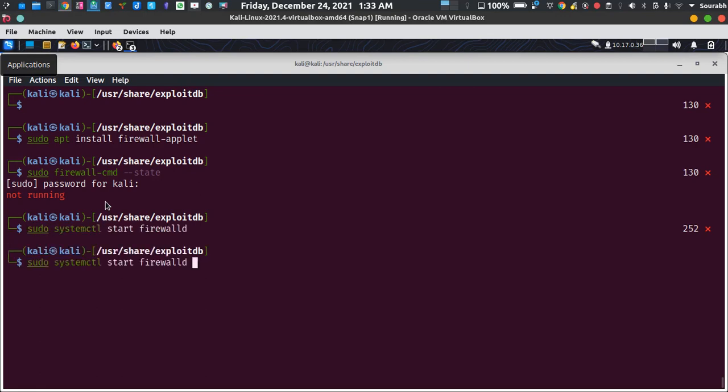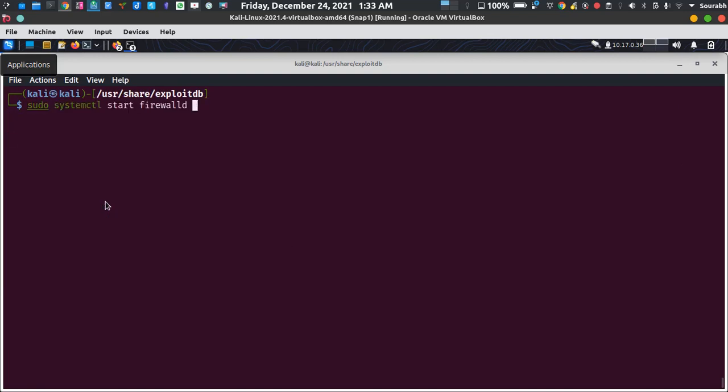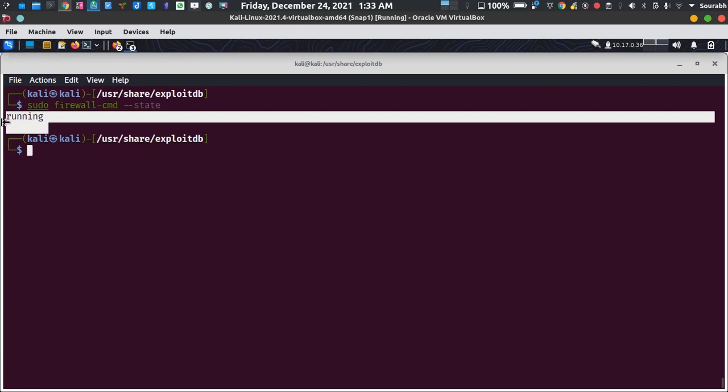Let me find out the status, and as you can see, it's showing that it's running. So I'm going to keep my firewall running, because it's a good thing to do.